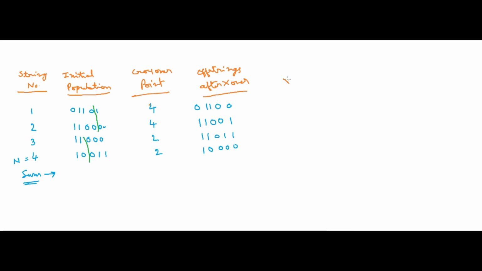Yeah, after that what is the value? Just see the value and just write here. So the value will be 12 here. So simply converting binary into decimal: 12, 25, 27 and 16. Okay, now we need to see here the fitness function f of x is equal to x square.